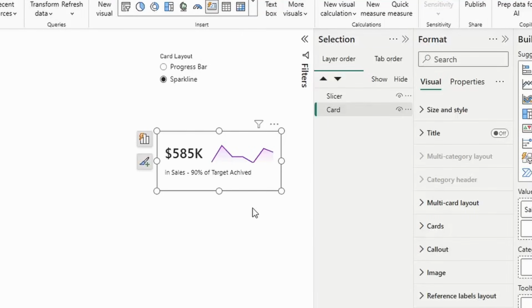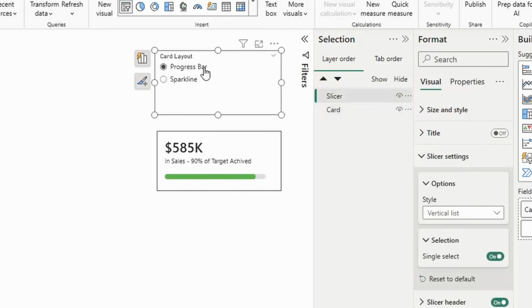Today I'm going to be showing you how you can build this card visual right here, which is quite literally impossible to build in Microsoft Power BI Desktop. And that's because with the click of a button in the slicer up here, it completely changes into a different card. And no, it's not using bookmarks. All of the formatting settings behind that card are quite literally changing when I click just that slicer. So how's it working? Well, we'll get to that a little later in the video because first I've got to